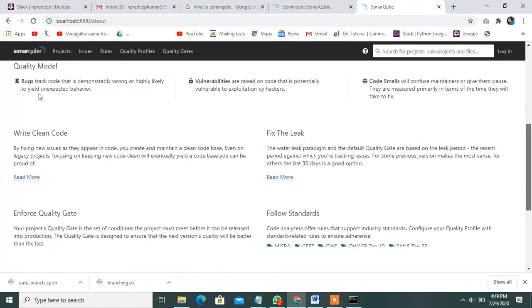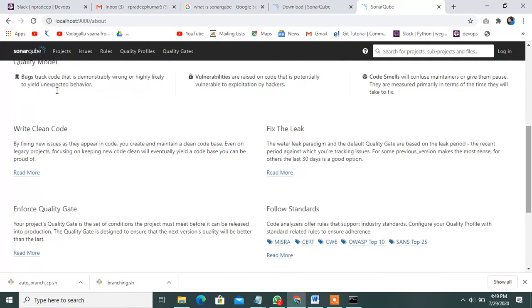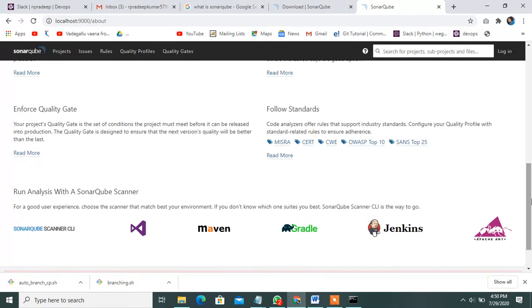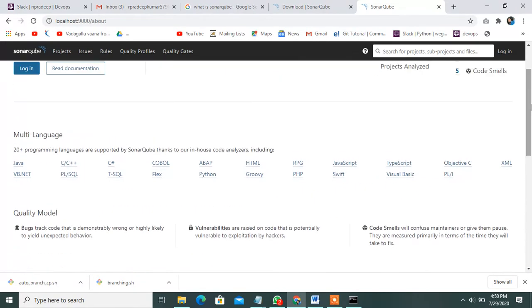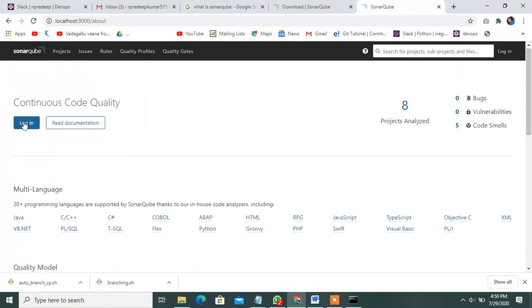It covers code quality checking using bug tracking, code smells, maintainability, and quality gate conditions, and how to write clean code, all clearly mentioned. You follow all these steps, then go to the login section.